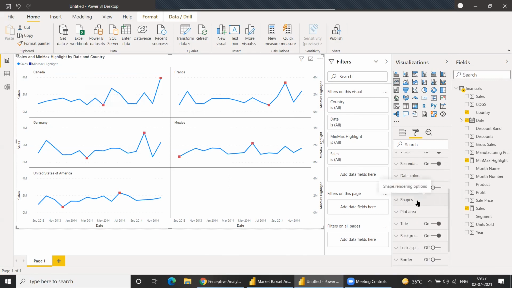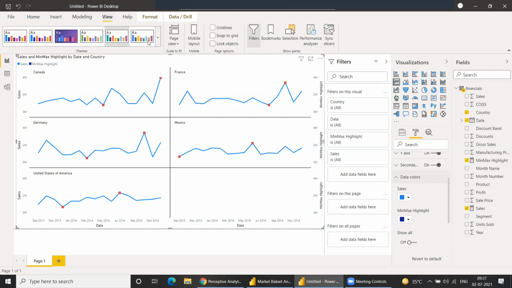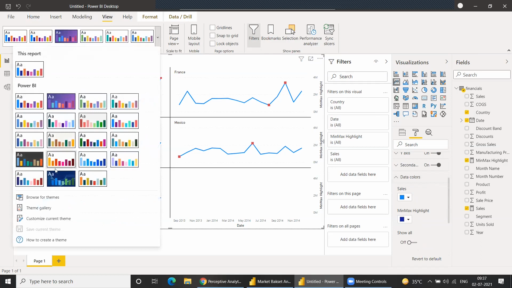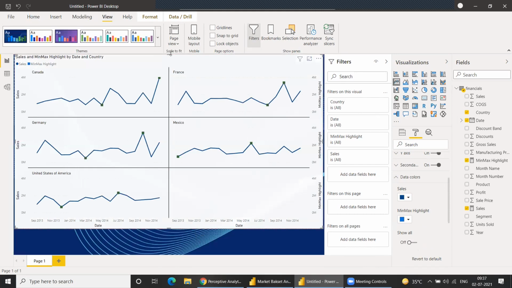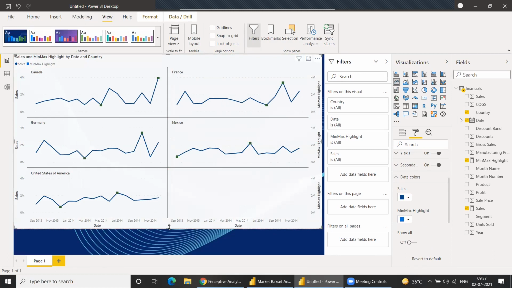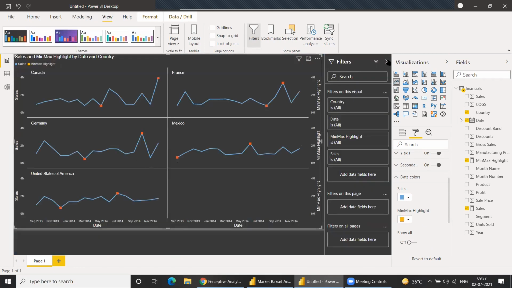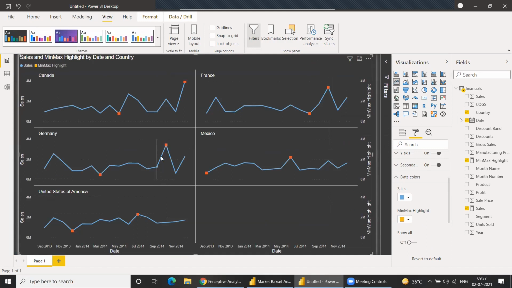Okay, let's move forward. So if you want to color, you can use simple data colors, or if you want to format this complete view, you can select a format from here. Let's say we select this view. Let's do something. So we can select this kind of view, and we can change the color coding based on our requirement.